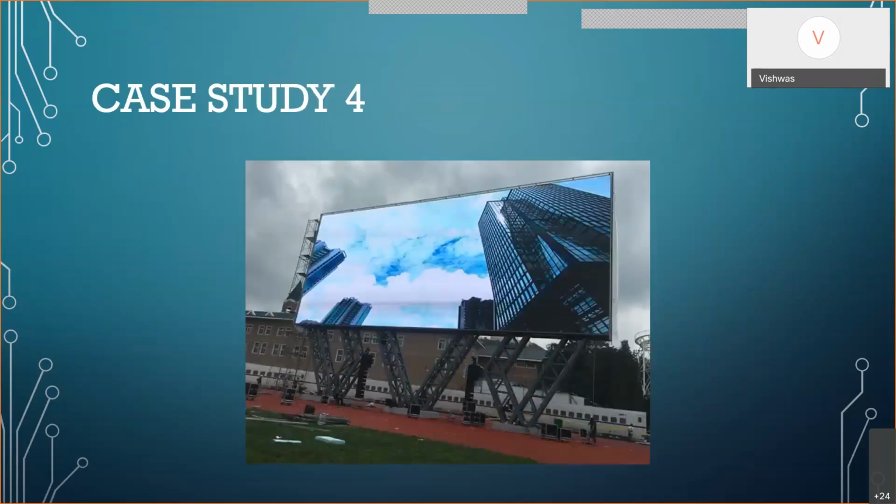You might have seen these kinds of large displays. What do you think the technology used here may be? I'm asking in terms of display technology, like LCD, LED, OLED. You can put your answers in the chat box. I'm asking about the base